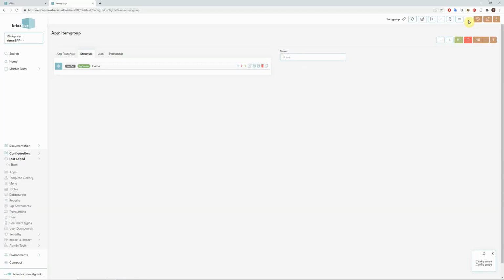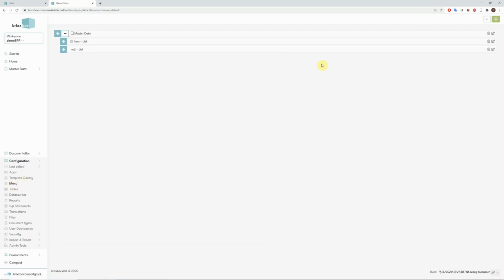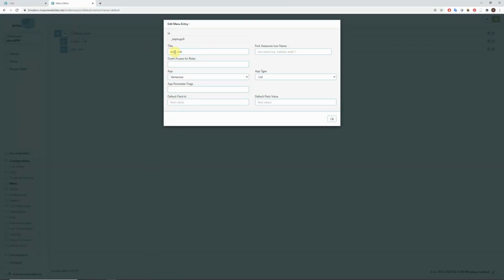Save that one, and let's add it to the menu. Change it to item group,